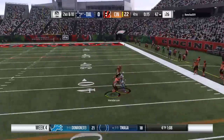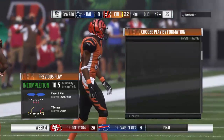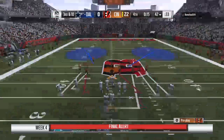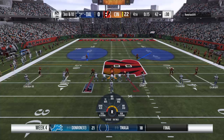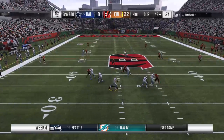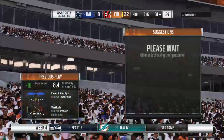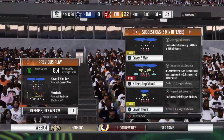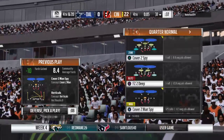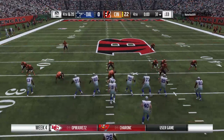To throw is Stafford. And that is incomplete. Down to 15 seconds now. They went with a dime look on defense. 2 extra defensive backs on the field and covered up essentially every blade of grass. That allowed them to disrupt the play. The Cowboys on 3rd down. They've converted just 2 for 6 thus far. This is 3rd and 10. Again, it's Stafford. Oh, a hit. He lost the football. Stafford puts it on the ground. And they're indeed going to go for it here on 4th down. So trailing here in the last quarter. Let's see how this